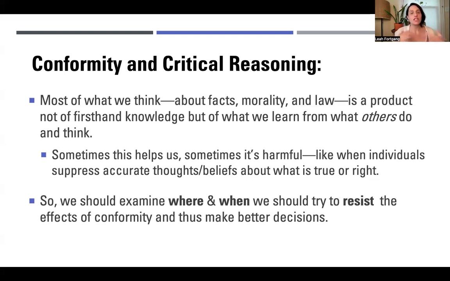Essentially different psychological, social, technological, structural, institutional factors that can really undermine our ability to look at the evidence, critically assess it, and think about whether or not the evidence for a particular argument actually provides sufficient